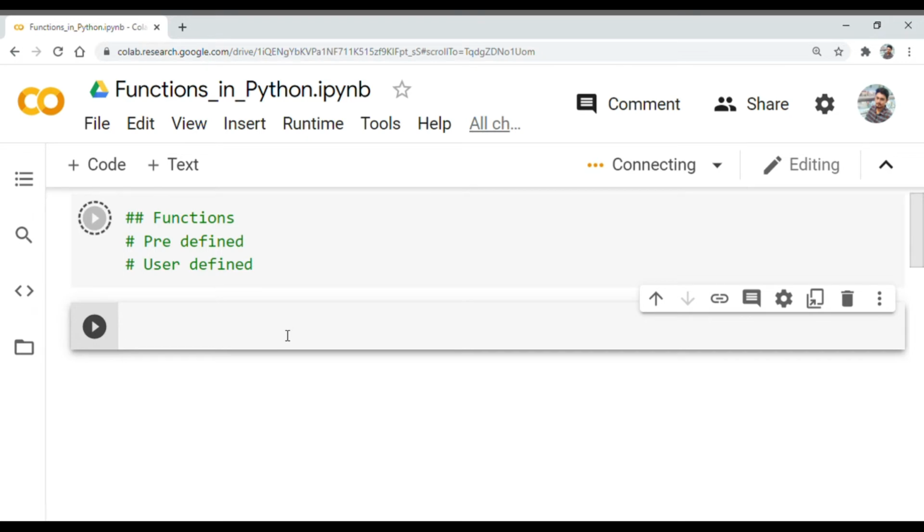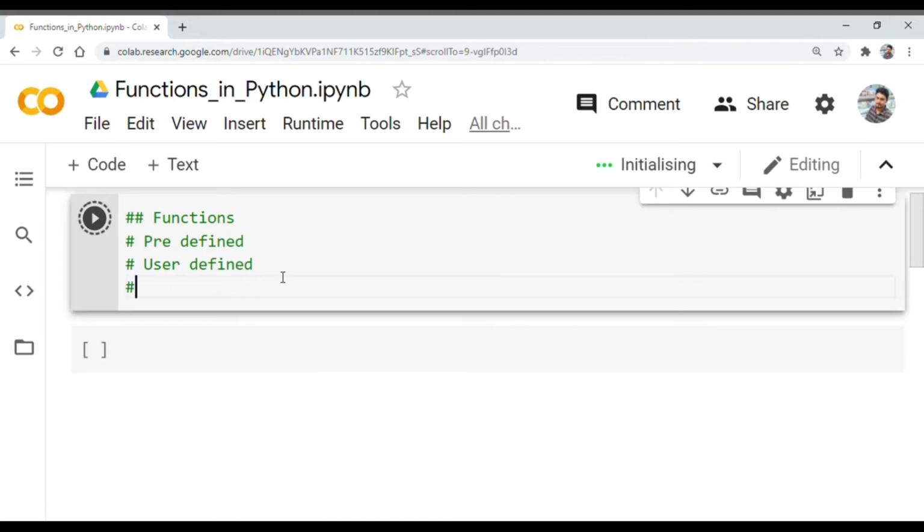Let's understand this in a very simple way. We can write any code inside a function. For example, we can give looping statements, or if conditions, etc.